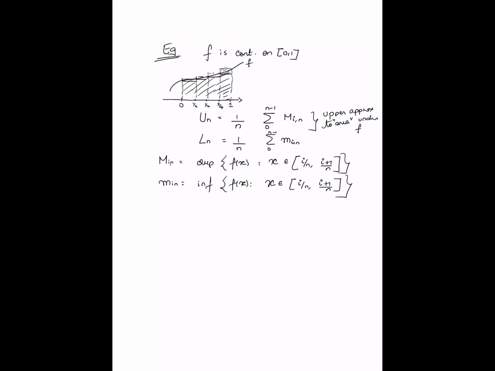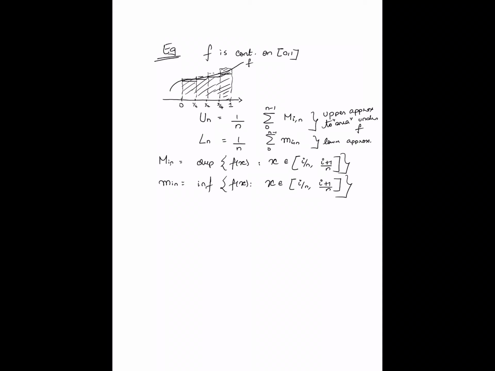Okay, I hope that kind of intuitive understanding of integration everybody has, that we think of the integral of f as basically the area under f, right, from 0 to 1. So clearly un is going to be some upper approximation to the area, and similarly this is going to be a lower approximation. Why is this a lower approximation?